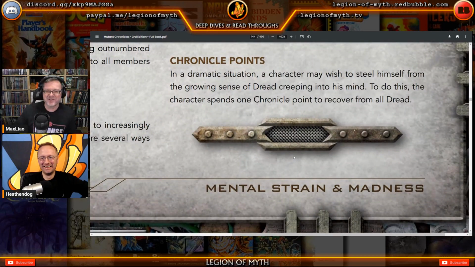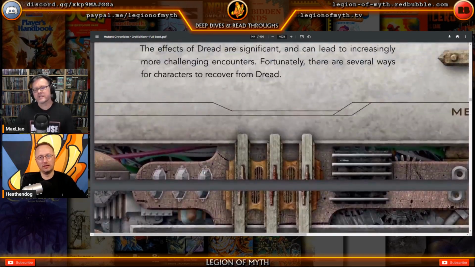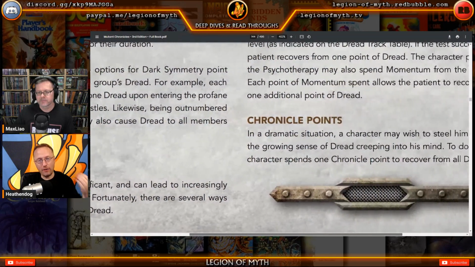In a dramatic situation, a character may wish to steel himself from the growing sense of dread creeping into his mind. To do this, a character spends 1 chronicle point to recover from all dread. Okay. That's kind of cool. That, I don't know, man. It seems a little OP for me. You know what? I was going to say no, but you're right, because you get chronicle points every hour. Exactly. What I would do is,